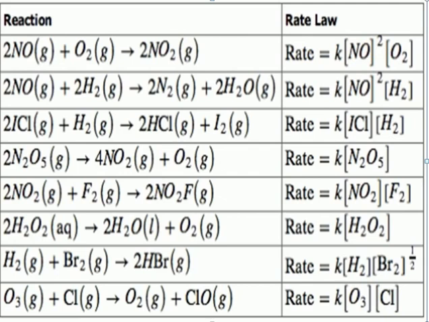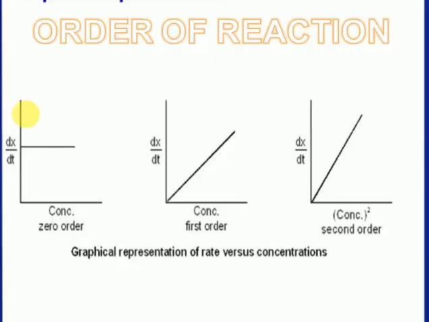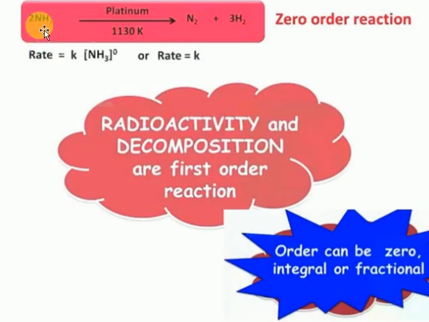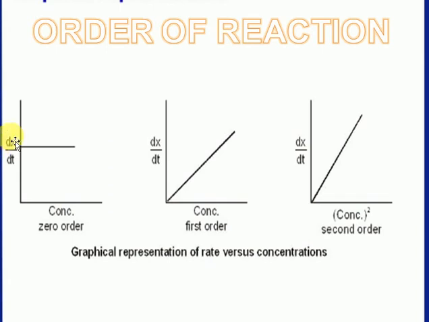So students, here one very, very important graph is there. I said very clearly, if the rate of reaction does not depend upon the concentration of the reactant, it is called a zero order reaction. So consider here the rate of reaction does not depend upon the concentration of ammonia. So this is called a zero order reaction. For the zero order reaction graph, how will it come here? The dx by dt versus concentration, you get a straight line. It means however much the concentration changes, the rate does not change. The rate does not change only.